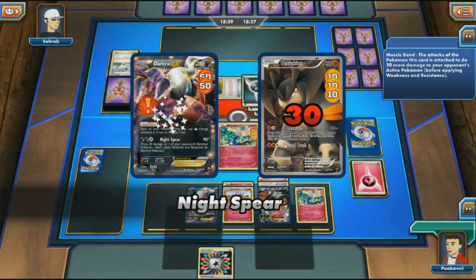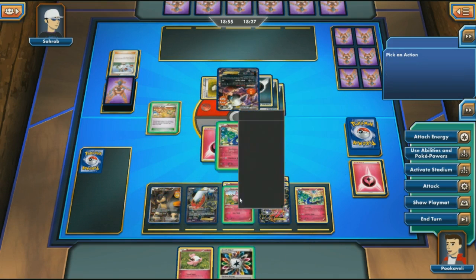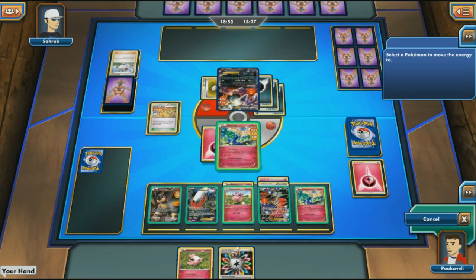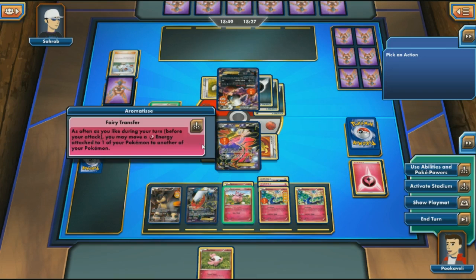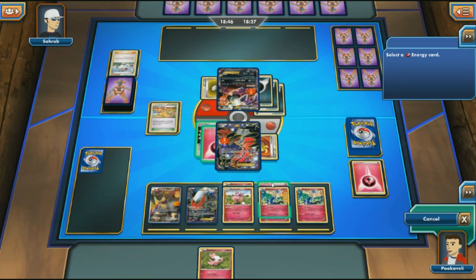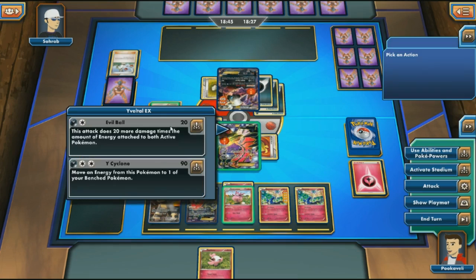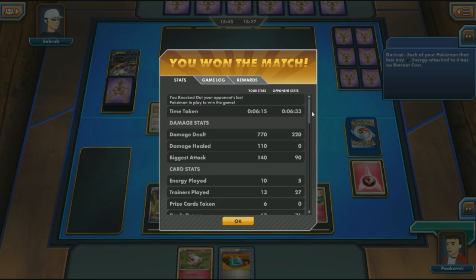You can see we actually resist Dark. That's still so strange to me. But I do have the Rainbow Energy. Can just go ahead and attach. I can attack with a Rainbow Spear or Y-Ball. Evil Ball. It should be Y-Ball. That would be awesome. But yeah, we can just transfer the energy and Evil Ball for the game. And there we go. There is the brand new Fairy deck that